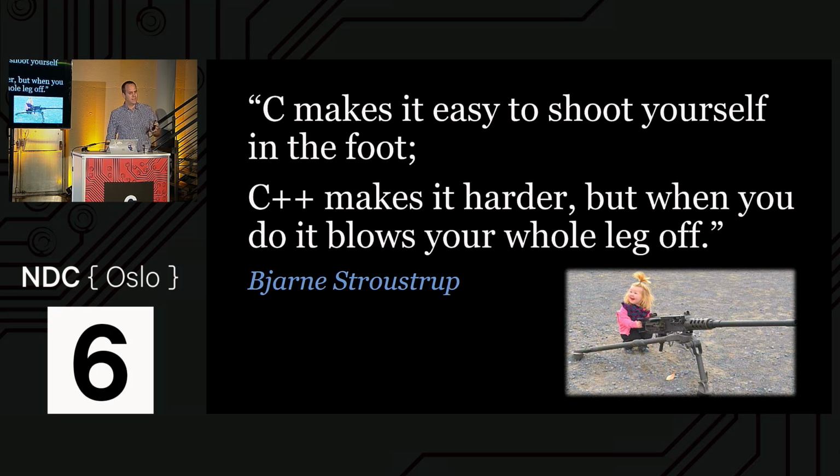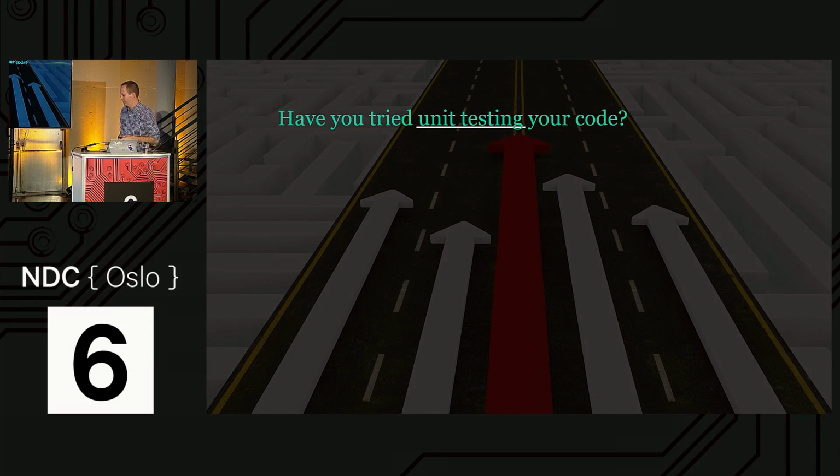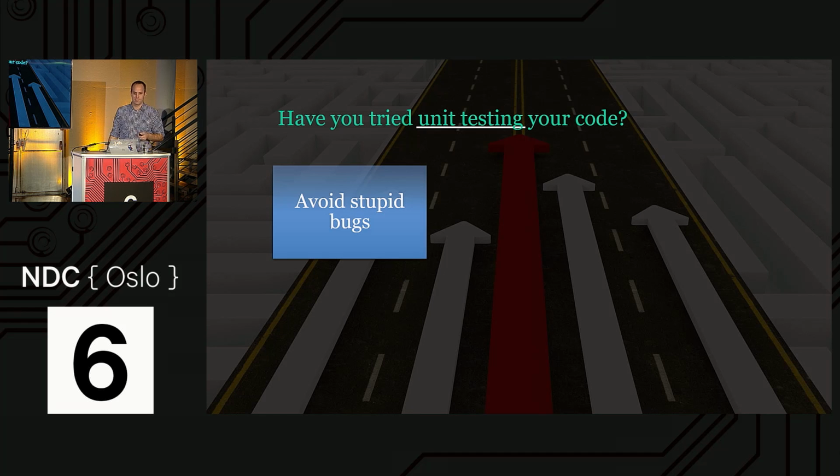And that is a bit of a problem, because we humans make mistakes. But the solution, at least I found, that there's one good solution to that mistake, and this is the topic of the session. And those are unit tests. Because unit tests enable me to catch at least the simple mistakes, which tend to happen quite a lot. Unit tests enable me to write code I have full confidence in. It helps me to catch the stupid bugs. I forgot to allocate memory kind of bugs. I accidentally went over the boundaries of the array kind of bugs.